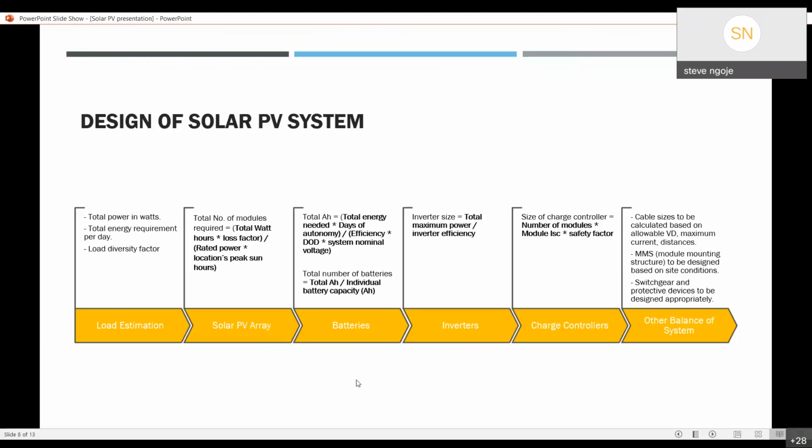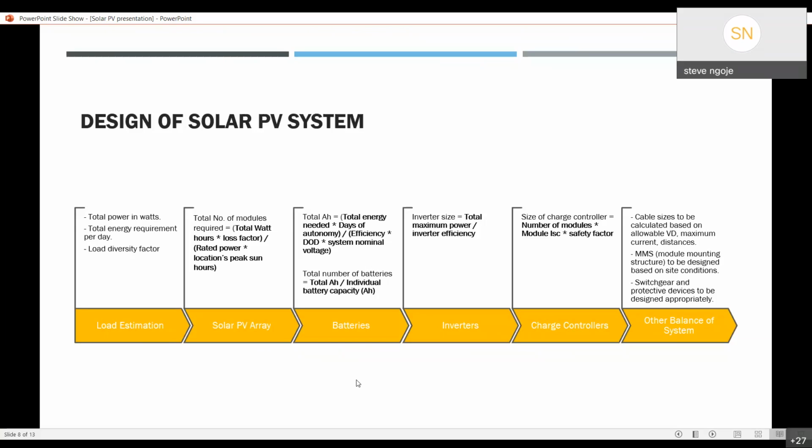This energy was gotten from the first thing that we had to do, the load estimation. For example, if you use 1 unit per day, that's 1,000 watt hours. This 1,000 watt hours you have to multiply by what we call a